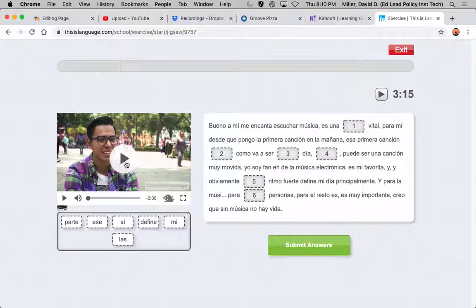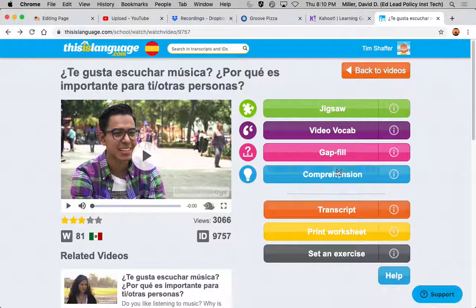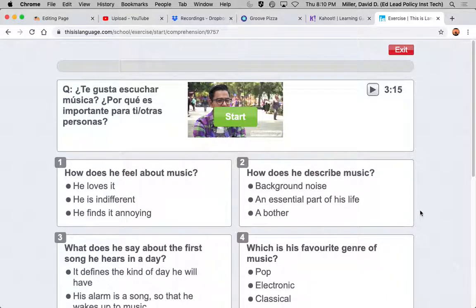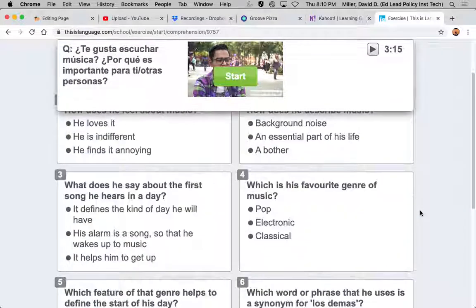So they have to be able to. This is less listening comprehension as far as meaning, but more being able to recognize what it is that they're hearing. And if you go back, some of the others, like the comprehension, the blue one, the same sort of idea. They have to be able to answer the questions based on what they hear.